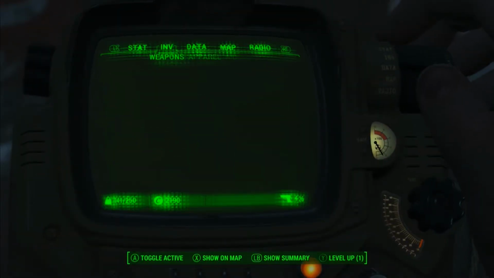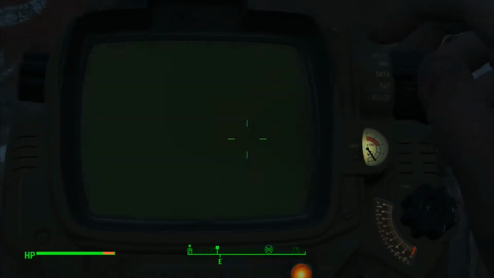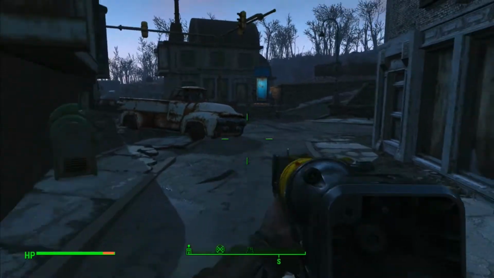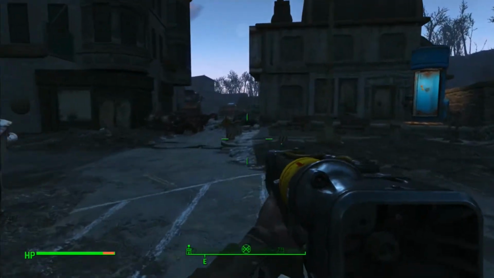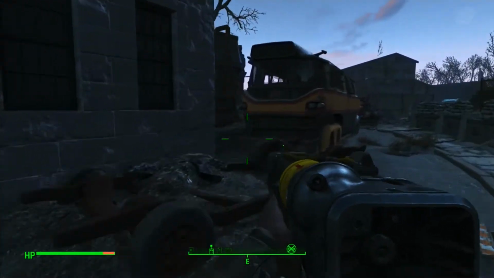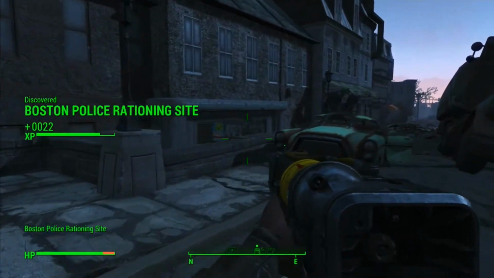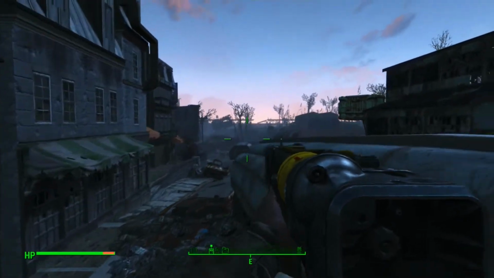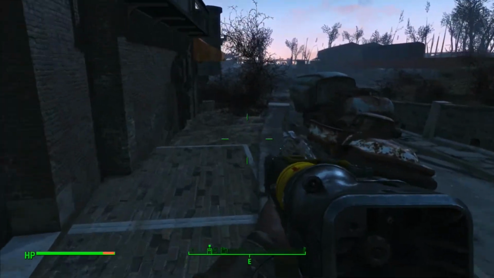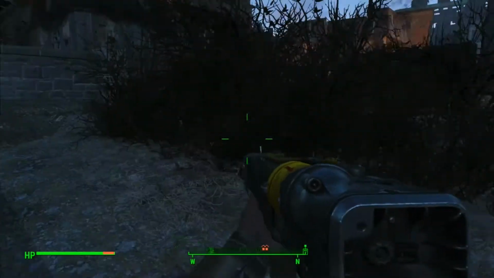You can choose what skills you want to tag. Which ones do you want to have be the focus: science, sneak, explosives, big guns, small guns, whatever. So that can go really quickly. Then you're given a Pip-Boy by Doc Mitchell and the Vault suit, and you're sent out of the door, and that's the end of the mandatory tutorial segment. Now he tells you, hey, you should